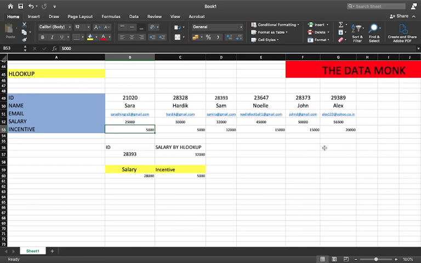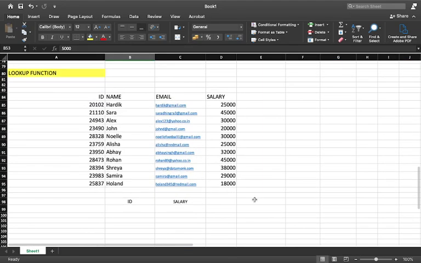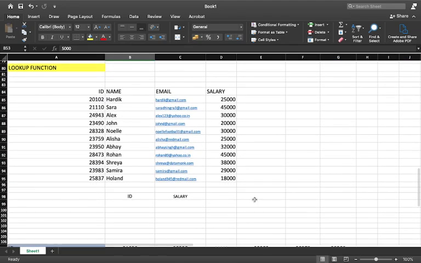Now one more function which is very much similar to what we have used now is the LOOKUP function that I want to talk about. To start with, I would like to tell you the basic definition. It is basically used to perform approximate match in a column as well as a row.